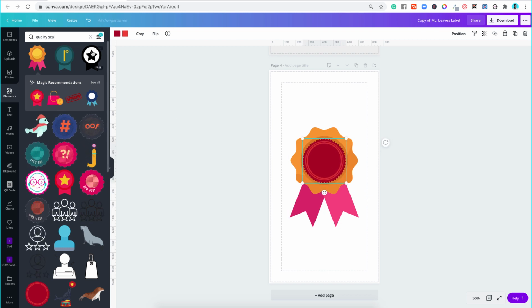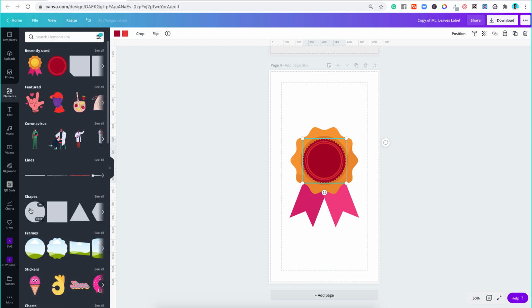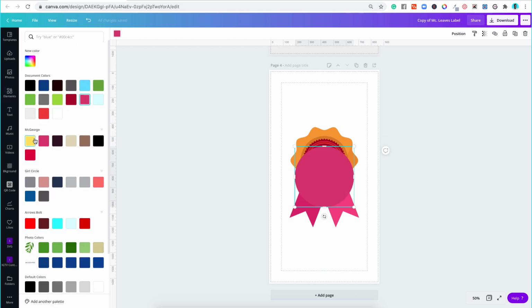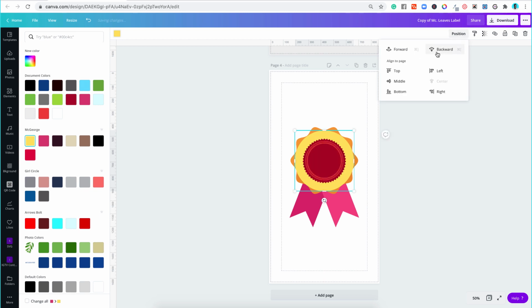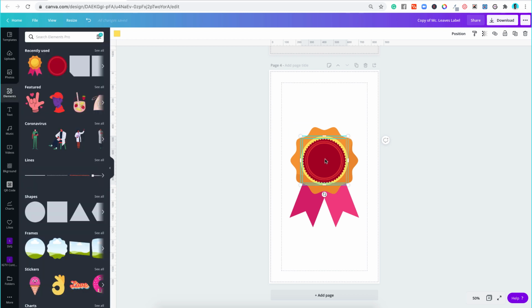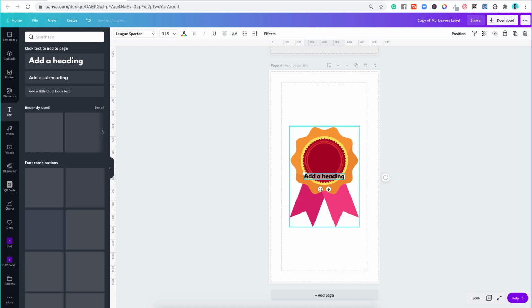And then if you want to add more stuff to it, go back and use your shapes, because you can certainly use your shapes. You pick this one, you can make this entirely yellow, and put it in the middle here, position it and send it to back. That's very okay. Just replace the color that you have over there, and that's going to be super cool. Now you can go ahead and come back to your text here. You can decide to add whatever you want, maybe awards, and just make it in capitals and just say